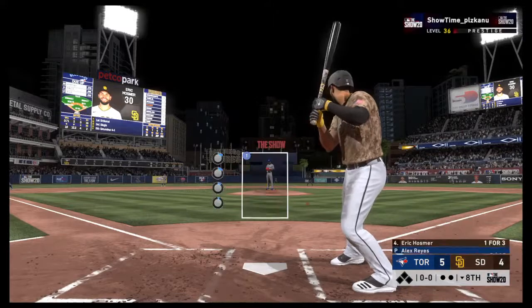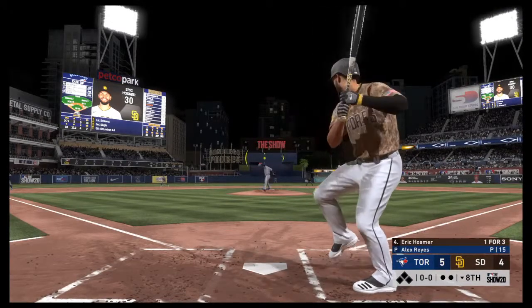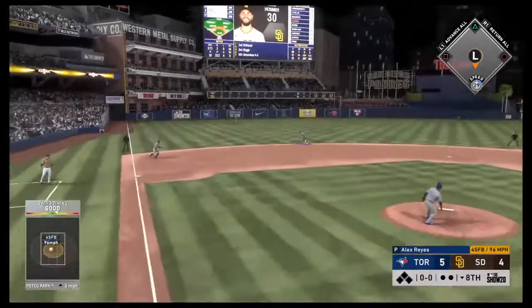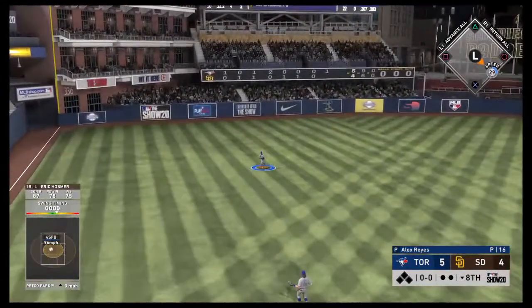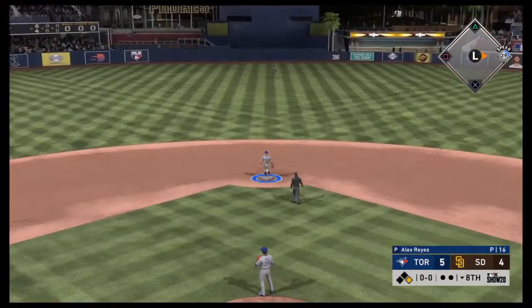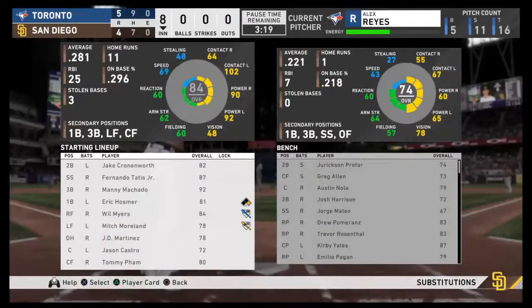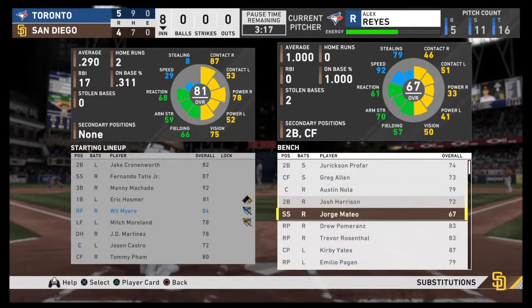Ready for another chance? Eric Hosmer. He was retired via the ground ball last time up. Yeah, and this is the guy for me. I think this is the guy in the clubhouse that the guys truly gravitate towards. The total package of Eric Hosmer's game is really special. Now batting, the right fielder,